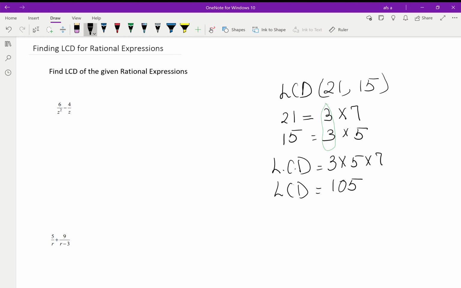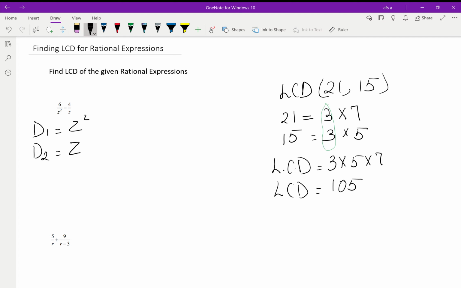Now, let's move to the left. The idea is exactly the same when we're looking to find the LCD of rational expressions. The difference now is we may or may not have numbers in it. We may just have variables and expressions. So what I'm going to do is write down my denominator 1, which is simply z squared. And then I'm going to write down my denominator 2, which is a